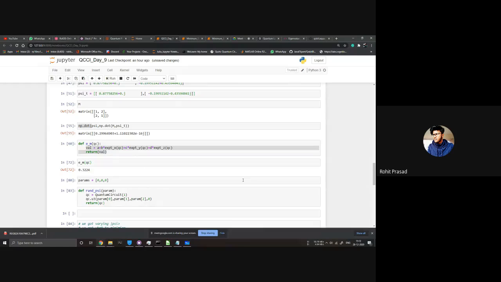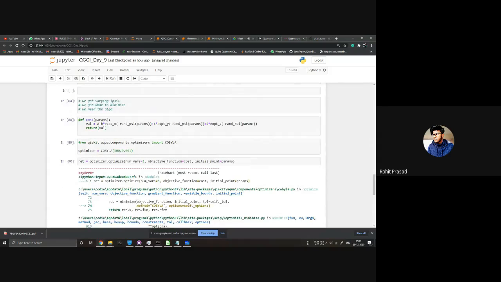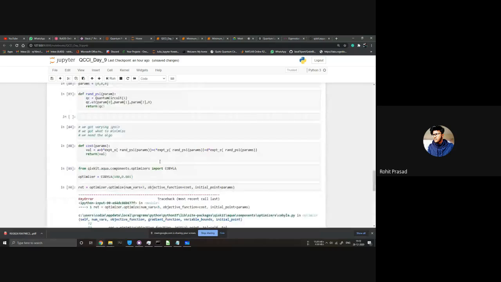It just remained the same. That's why the cost is not defined. Now, for the first time we can calculate the cost, right?